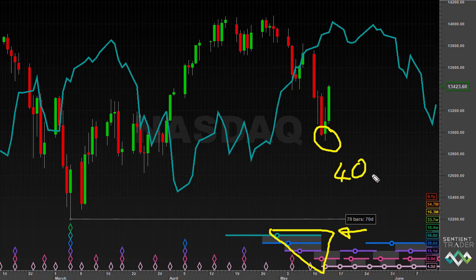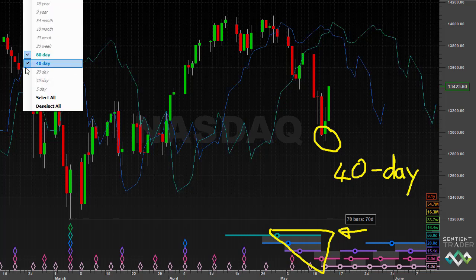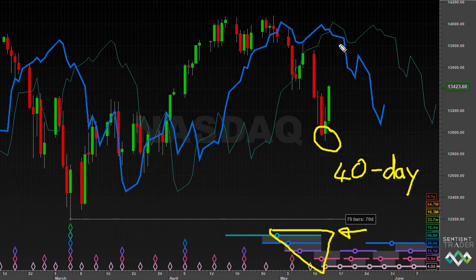So how will we get confirmation that the 40-day cycle has formed a trough in the market? The answer, I'm sure you have guessed, is that we simply take a look at the 40-day FLD. Now, if price crosses above the 40-day FLD, then we will have confirmation that the 40-day cycle trough has formed in the markets. And here's a really important point. We need to ask ourselves, if we have confirmation that a 40-day cycle trough has formed in the markets, does that confirm that the 80-day cycle trough has also formed?